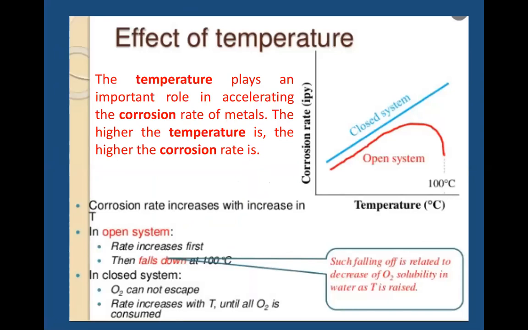Another one is the effect of temperature. Temperature also plays an important role in corrosion. When your fluid is flowing through the pipeline, the temperature of the fluid also influences the corrosion. Now you can have a closed system or an open system. A closed system means that from the beginning to the end there is no open hole on the pipeline, and no chance to get aerated with oxygen or any type of environment. In an open system, the rate increases up to 100 degrees centigrade, and after that it decreases.